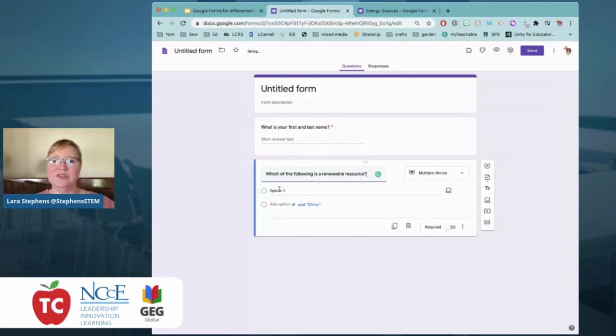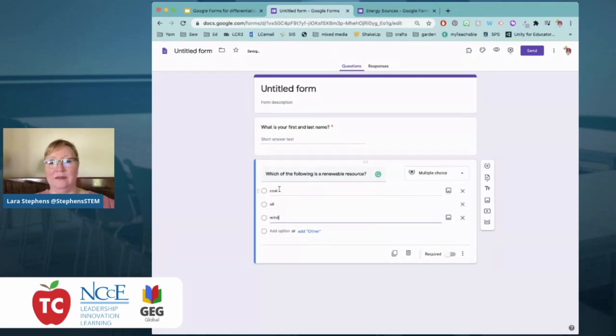And I'd leave it as multiple choice, very level 1 question, very basic question. But in my curriculum, yes, some of the kids have studied energy resources, but the majority of my curriculum is beginner level. So a lot of my questions to start with are beginner levels. So I'm going to say renewable resources. I'm going to say coal, oil,